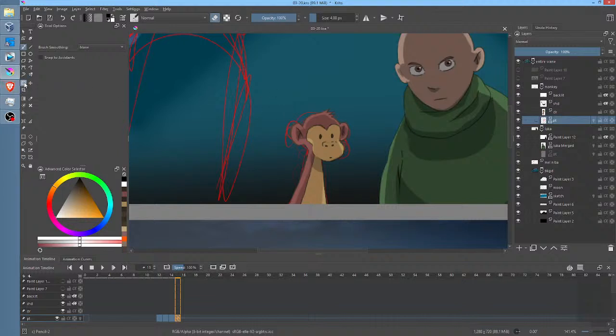So Krita is reporting incorrectly that the hotkey is Control T because it's not. But what I'm getting around to saying is that once we have these multiple layers, we can do manipulations with the transform tool to the group, and it'll add keyframes to all of the layers.